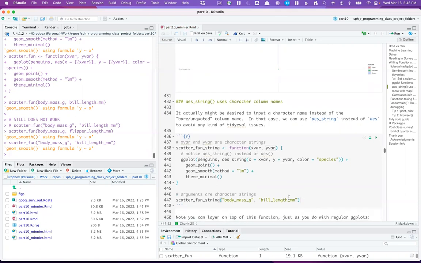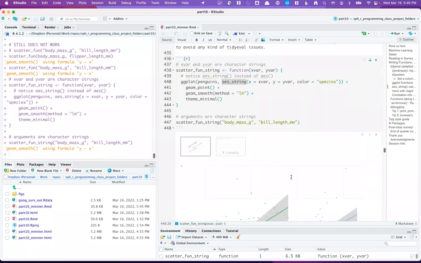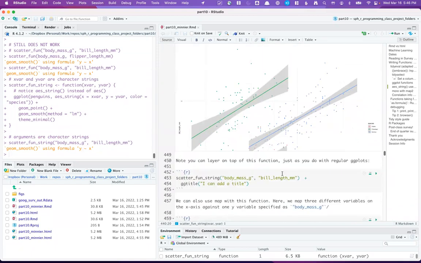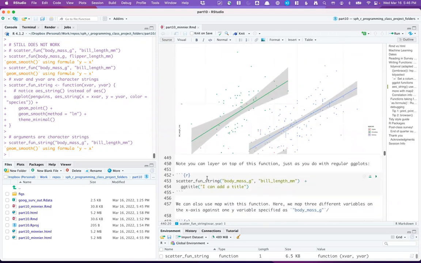And so that means that this implementation works. If I put quotes around the column names and use this scatter fun string that I've defined here, now, because of this AES string, instead of AES, it gives me the plot. And the reason, I'll show you in a bit the reason why this is useful, but first, just as a side